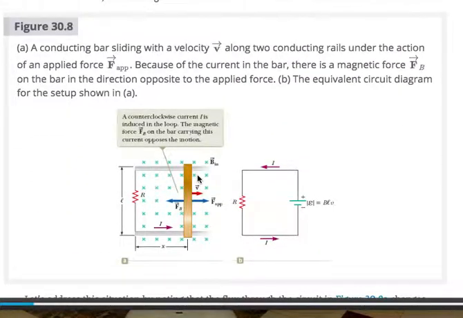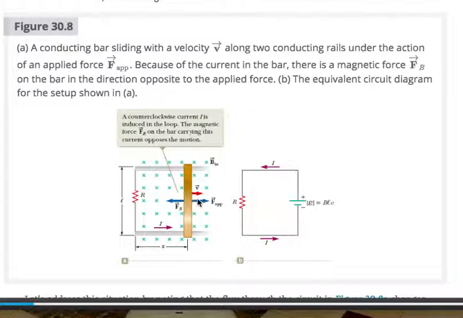This is one that I really want to talk about. If you have, okay, this is a circuit. Do y'all see this circuit? But instead of having a wire here, you have a conductor. And this conductor is moving with a constant velocity to the right. Again, our magnetic field is going into the page. Our conductor is moving to the right. And so the